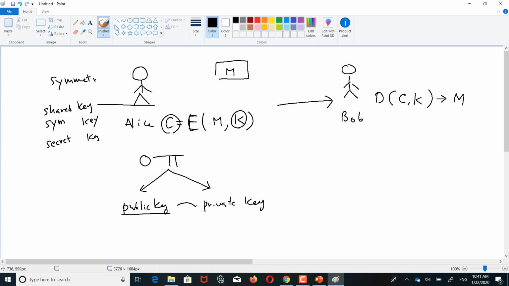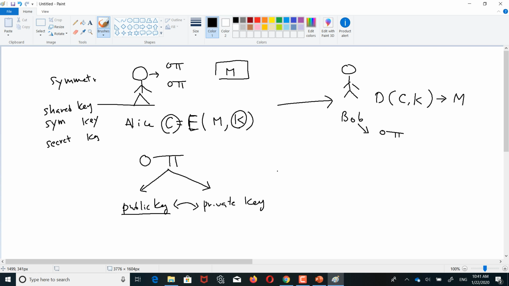The private key corresponds to the public key. So the idea is that every individual, or every entity, if they want to use an asymmetric key encryption algorithm, must have a key pair, the public key and private key pair. For example, in Alice's case, Alice has a public key and a corresponding private key. And Bob, of course, has